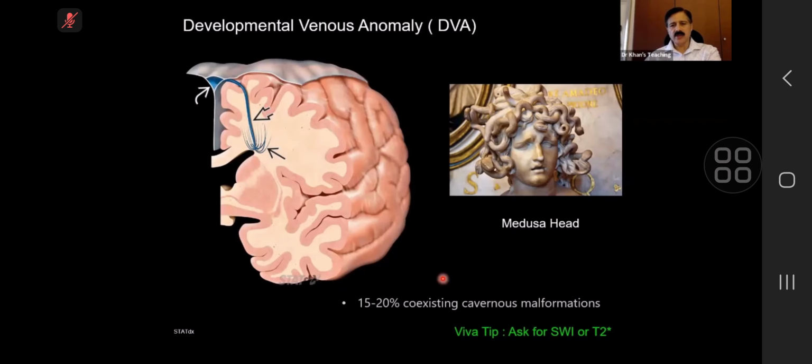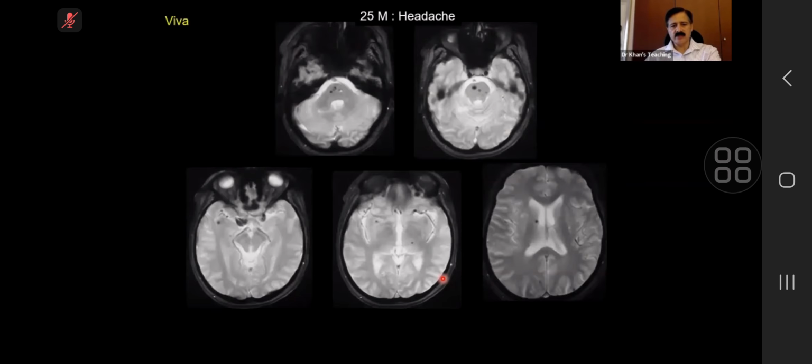As I told you, cavernomas can be very symptomatic at times. So these kinds of cases I've shown you in the past, where you can see on T2 star multiple low signal intensity foci. Now, the differential diagnosis, multiple cavernomas in a slightly advanced age group, cerebral amyloid angiopathy, hypertensive encephalopathy. But then in these two entities, you will also see white matter changes,